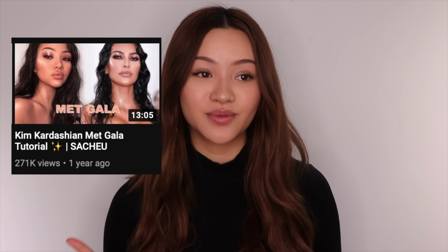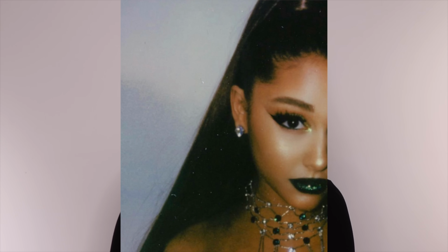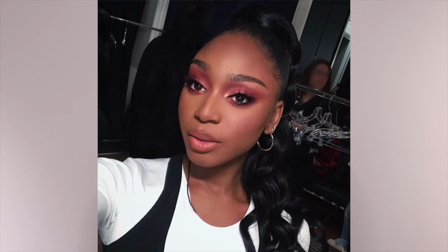I have recreated a couple of his looks on Kim Kardashian. This one, not this one. But he's just done a lot of iconic looks, knowing his story about how when he was a teenager he ran away from home and, starting as a queer kid working at Sephora, built his craft from there, and then really making it that huge in the makeup industry, doing the biggest celebrities there are, is just, this man